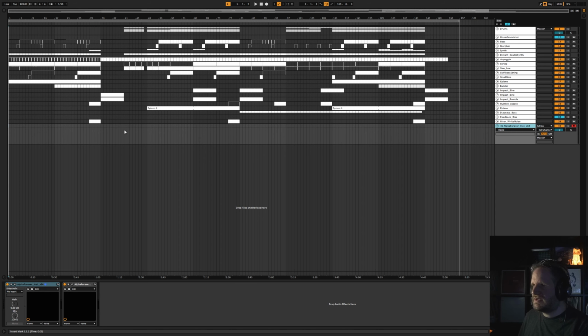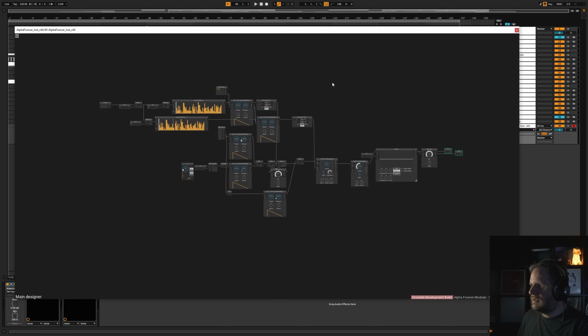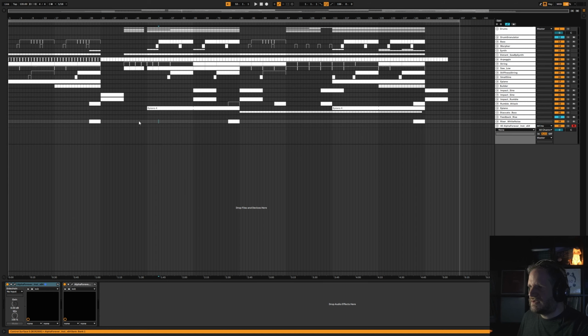Okay, and let's give this some rhythm. Oh, and I want to make this polyphonic and one voice only, so it doesn't consume CPU when it's not making sound. And I want to put this to these rhythmic parts whenever I can, so